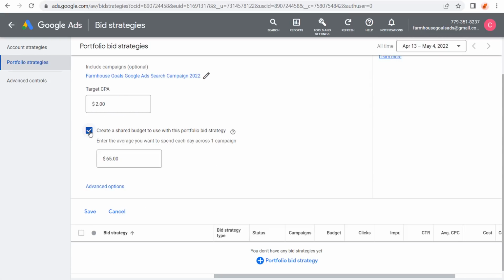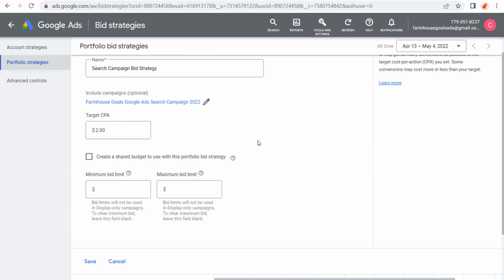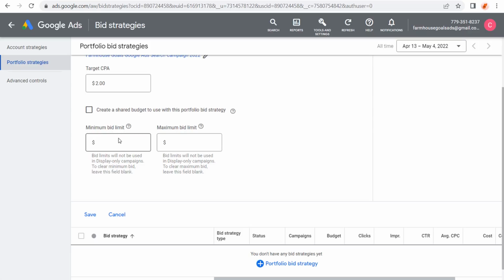So you're going to see create a shared budget. We're not going to be doing that for this. So we have our target CPA of $2. And then if we click on advanced options, this is what I like here: you can set minimum and maximum bid limits. So I like to set maximum bid limits on new campaigns because of what ends up happening